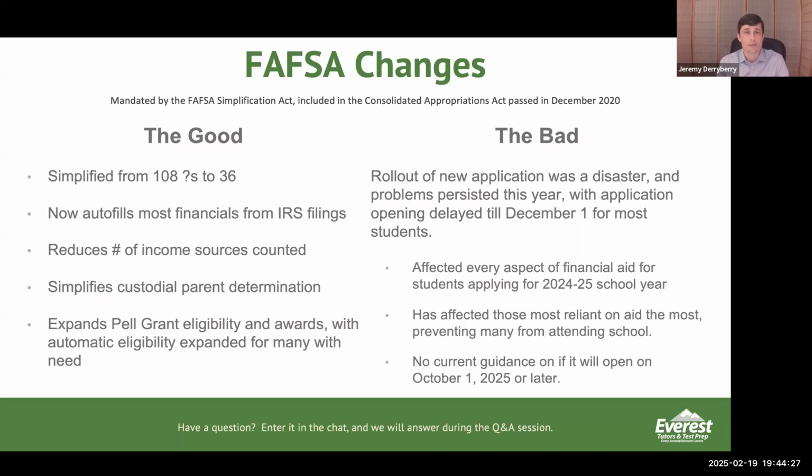It also made life very difficult for the financial aid offices and the schools because they were getting data in piecemeal chunks from FAFSA, from the Federal Student Aid Office, if they were getting any information at all. This past year, they tried to work out a lot of those kinks. Normally, the application would open October 1st. They opened it December 1st to try to mitigate some of that. And it seemed to have gone a little bit more smoothly this year.